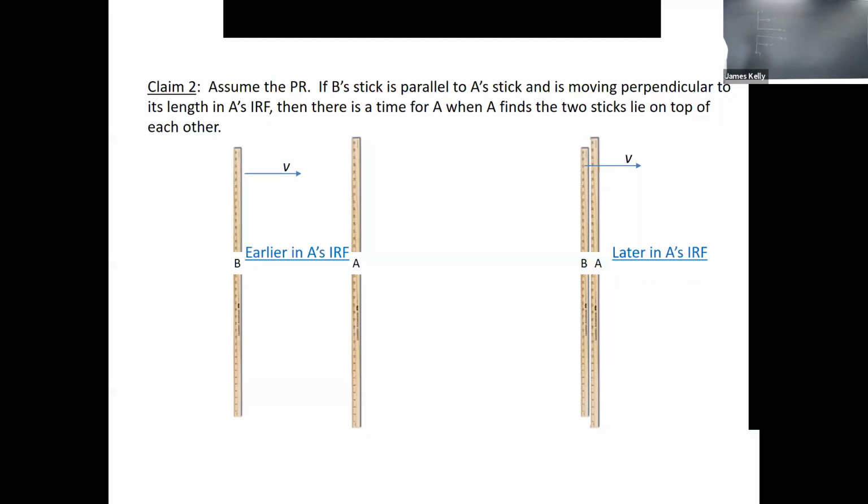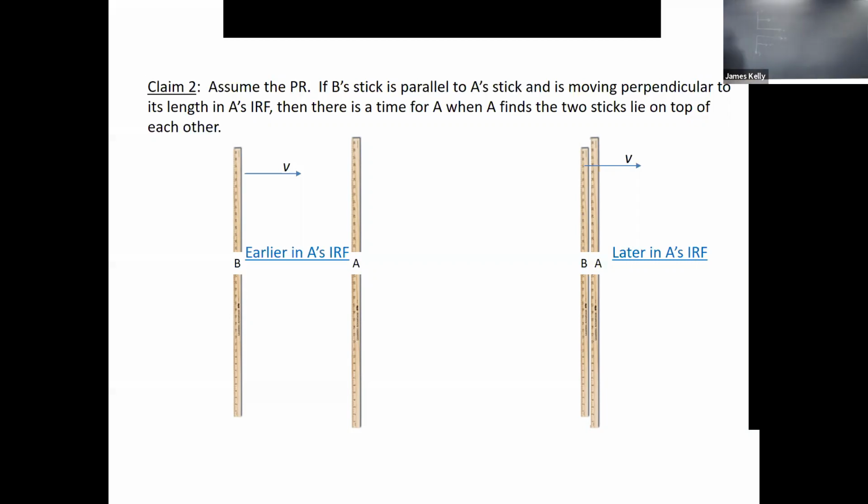If the setup, as we said before, is that B's stick is parallel to A's stick and moving perpendicular to the length of A's stick in A's IRF, then there's going to be a time for which A finds the two sticks lie on top of each other. And we're going to use that to compare their relative lengths, because if they lie on top of each other,